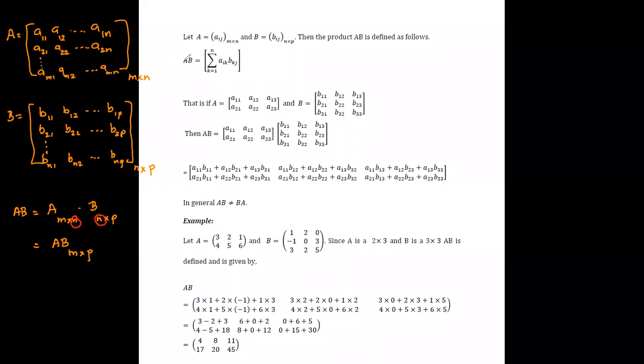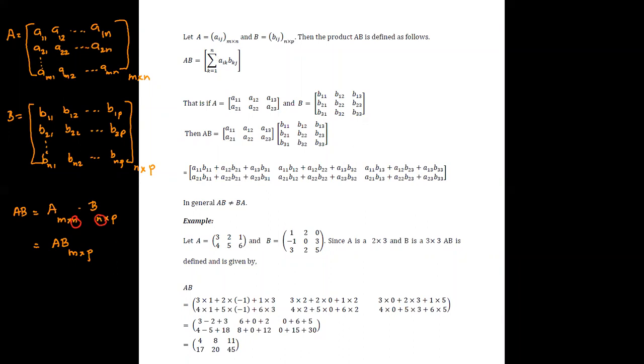Therefore, the matrix multiplication AB can be obtained using summation, where k goes from 1 to n, of aik times bkj. But here I have just used the notation, and now we will see how we can actually obtain these values. Therefore, no need to stick to the notation, but if you are familiar with the method that we need to use for matrix multiplication, then it would be rather easy compared to using this notation.